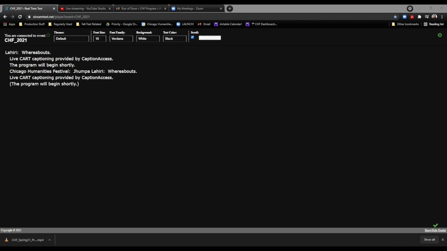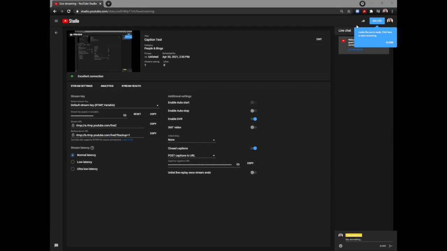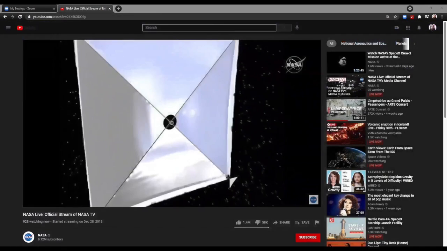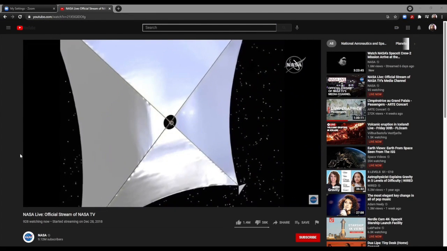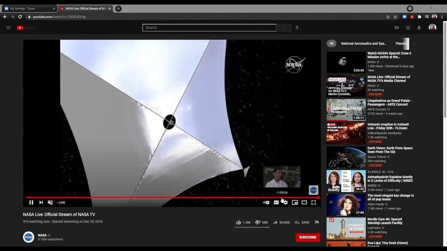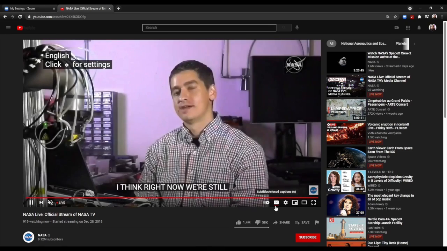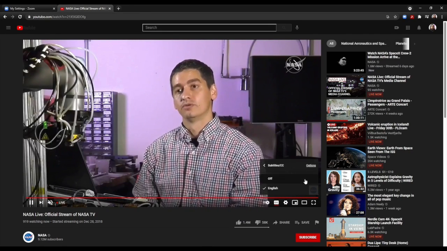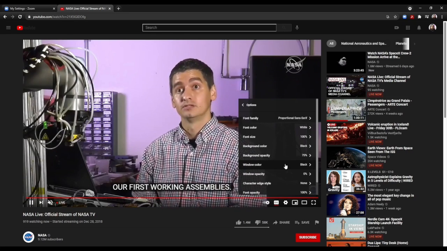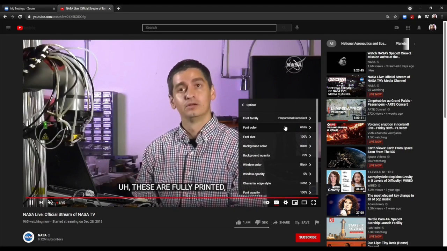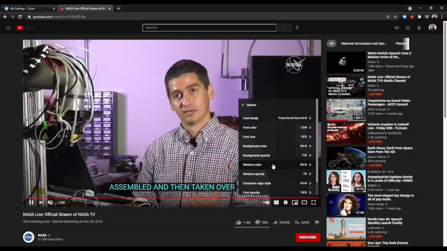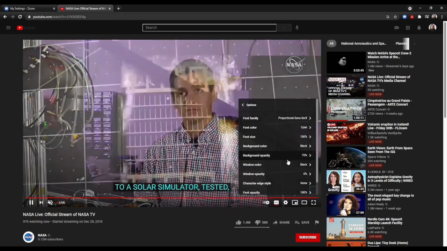Once the program is live, you can view captions on the stream by hovering over the video and selecting the CC button located on the lower menu. The red line underneath is your indicator that captions are on. To edit the appearance of the captions themselves, click on the gear icon and select Subtitles/CC and click on Options. You'll see a number of customization options that will allow you to tweak the captions to best suit your needs.